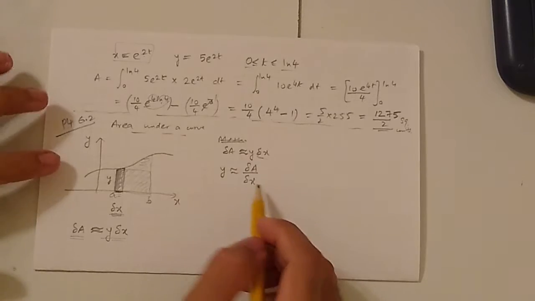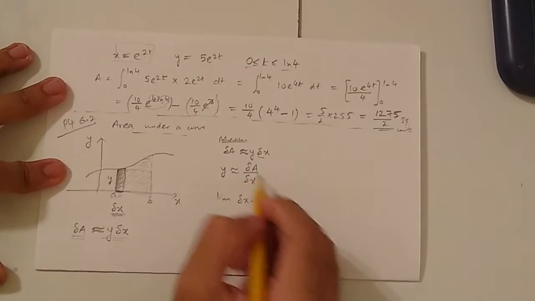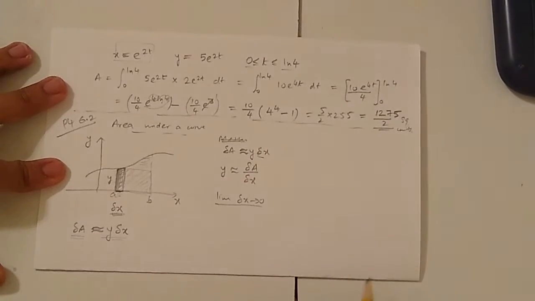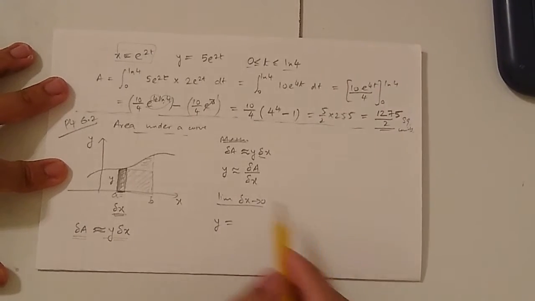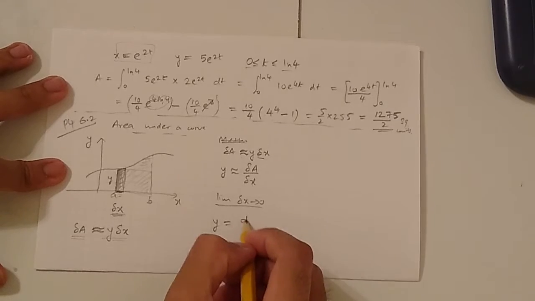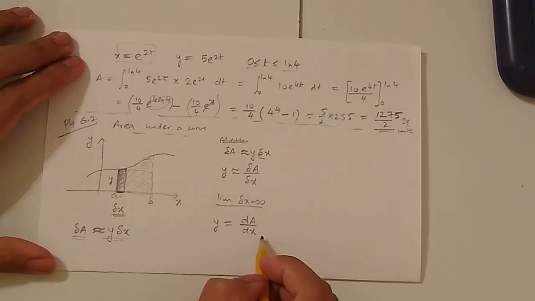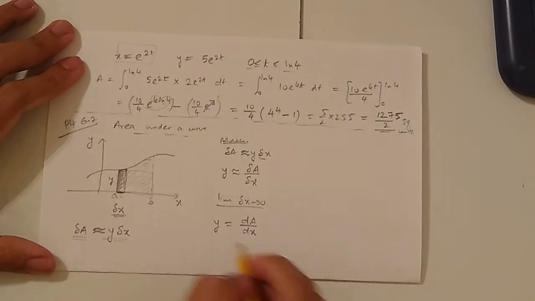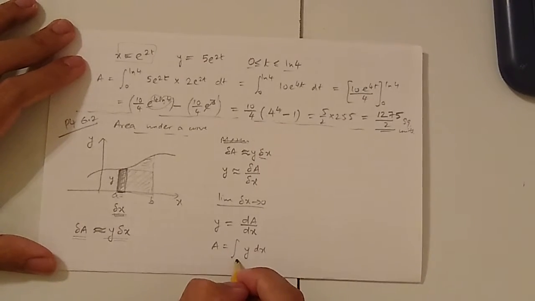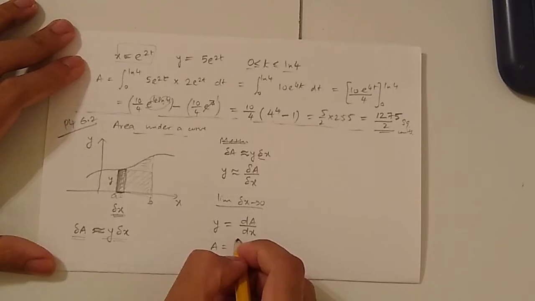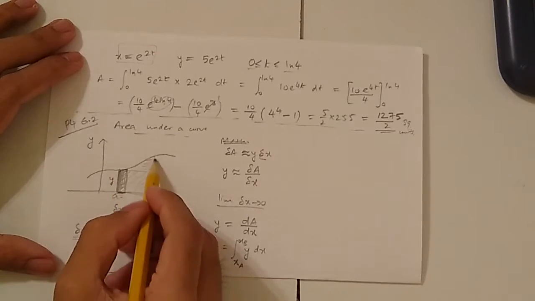So we are going to take the limit as delta x tends towards 0. When you take the limit for this function delta A by delta x, this changes to an exact relationship. So the approximation becomes y equals dA by dx, and now we can integrate both sides with respect to x. We get A is equal to the integral of y with respect to x, where our limits are x = a till x = b. We have this point over here, x = a till x = b.